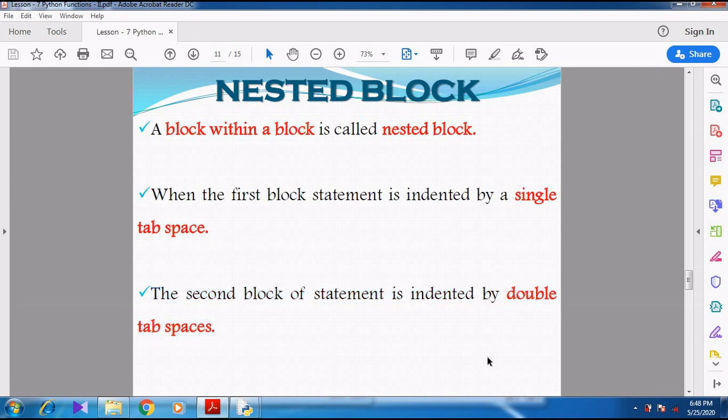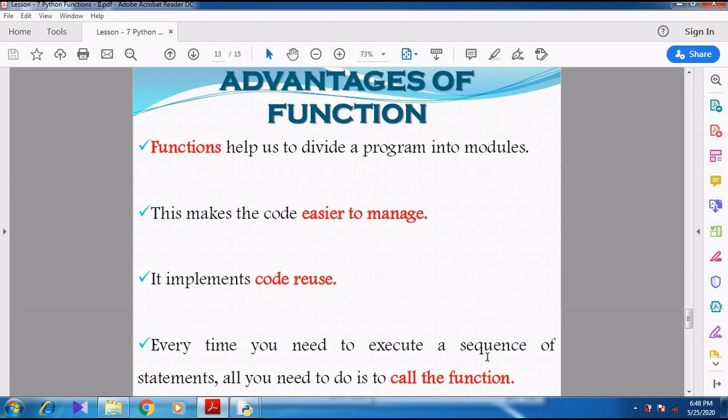Right. Now we are going to see the advantages of functions. You might have already seen all these things in the first video itself, so they are repeating these advantages. Functions help us to divide a program into modules. Whenever a particular task is created as a function, the work is split into one or more parts.